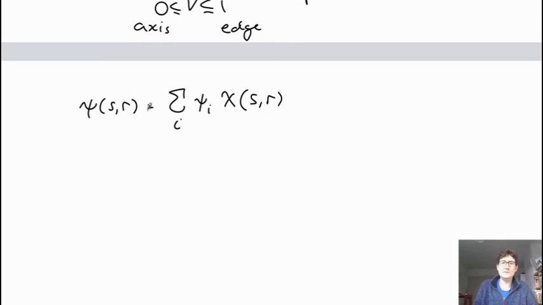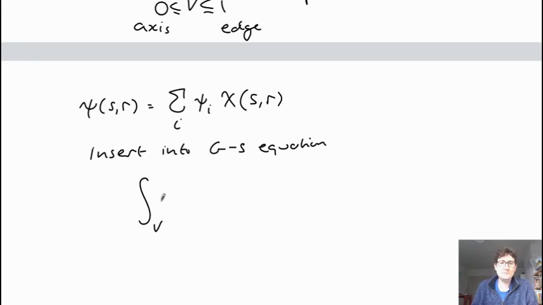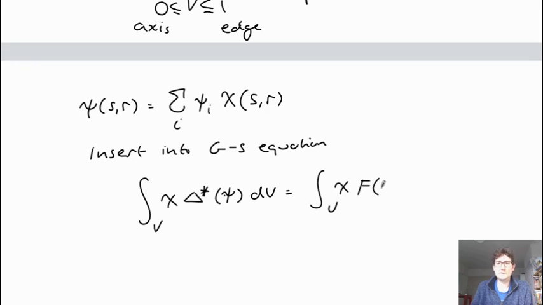And then what's done is that this is inserted into the Grad-Shafranov equation, and you write that the integral or the volume of our so-called test functions, which here are the same as the basis functions, which is called the Galerkin method, but can in principle be different, multiplied by what we want to solve. So there's some function of psi. Integrate the volume is the integral of the volume of, again, our test function times the right hand side. So it's called the weak form.